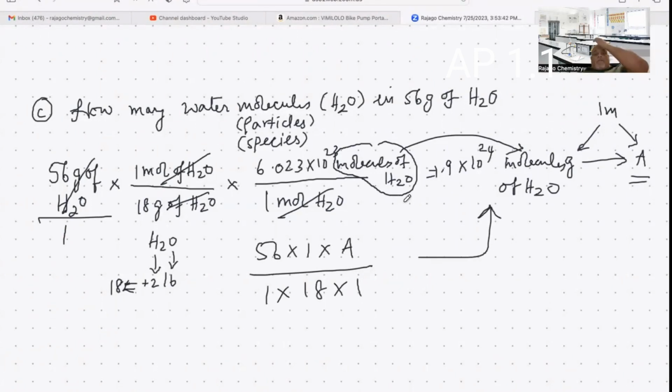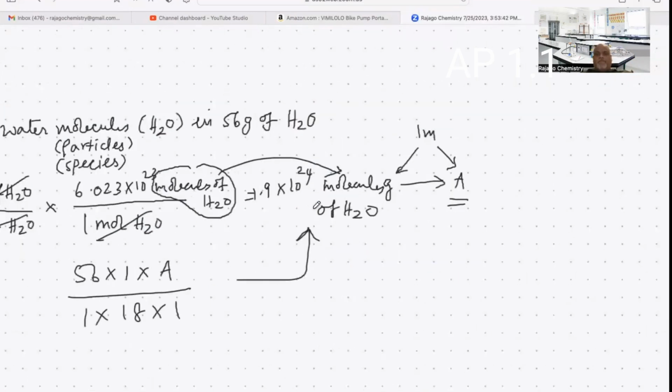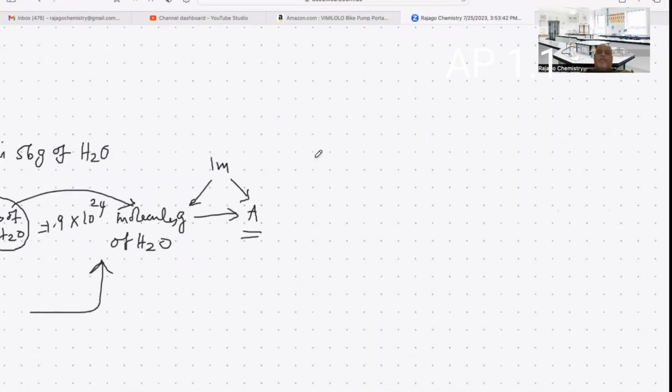So to find the answer, you should have a step-by-step sequence. Then only it is easy for you. Writing the units is also very important. The next one,